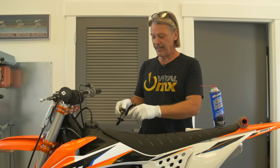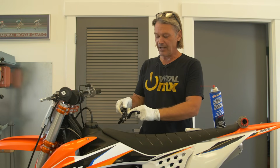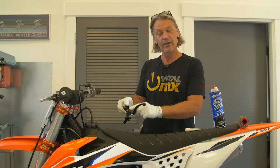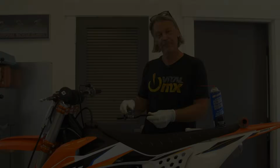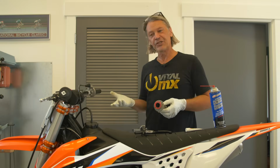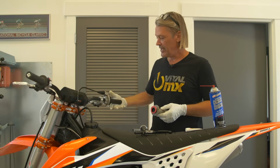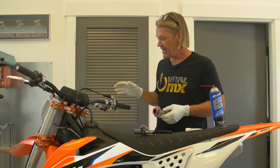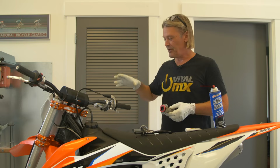But basically, taking out the pivot bolts on your brake and clutch lever occasionally, cleaning and lubricating them will go a long ways. One big area of concern is going to be your throttle tube. Now, on a new bike, you get a real good action like this. Now, after this bike's been ridden a lot,